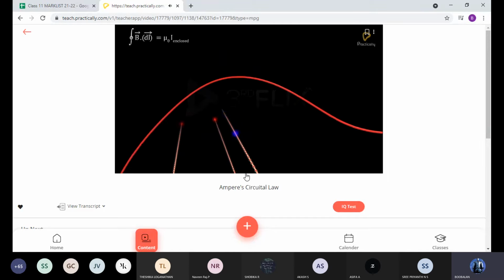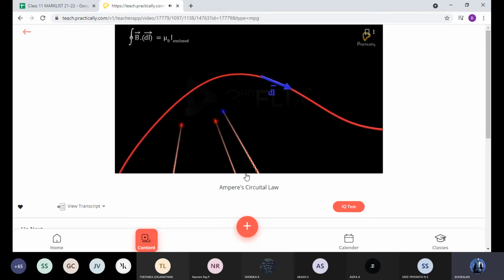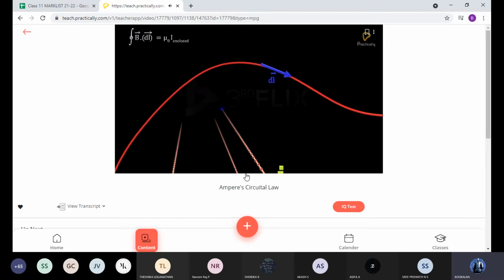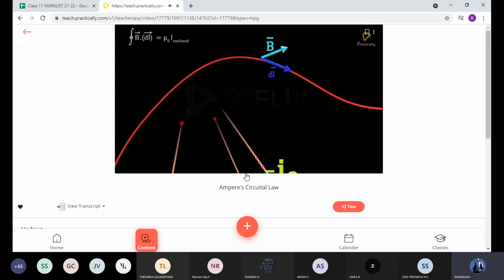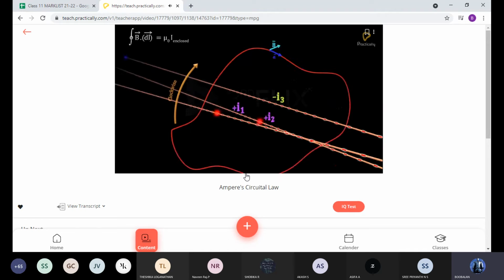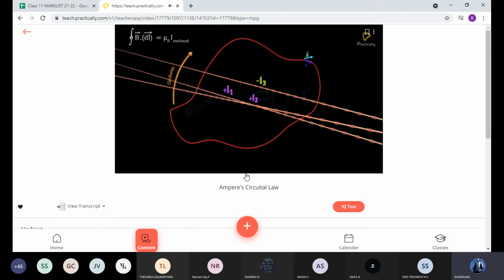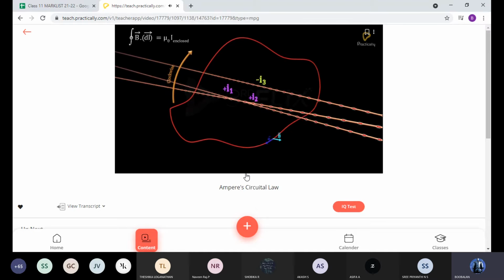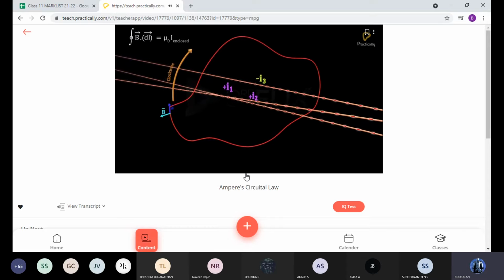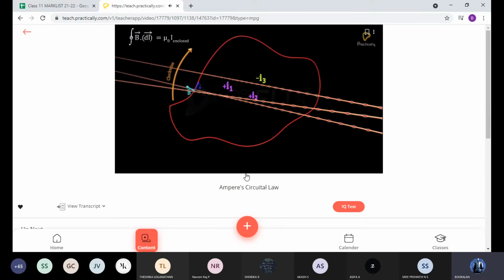Consider an infinitesimally small length dl on an Amperian loop. Let the magnetic field at this point be B. The dot product of these two is B dot dl. Integrate this over the entire loop. Ampere's law tells us that this must be equal to mu naught times the algebraic sum of currents that pass